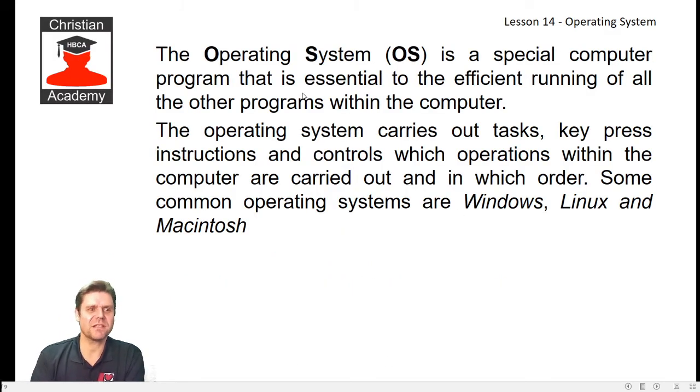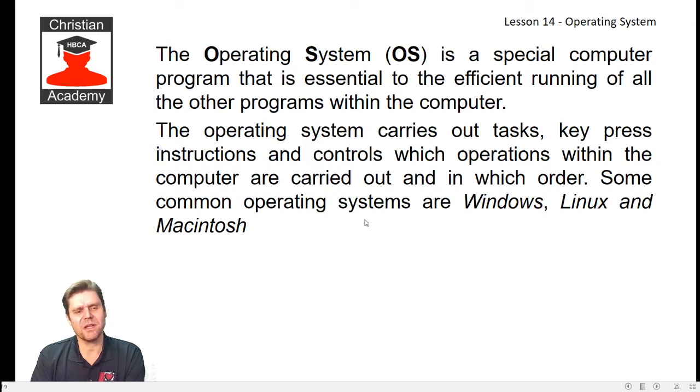Now, the operating system, or OS, is a special computer program that is essential to the efficient running of all the programs within the computer. So essentially, without an OS or an operating system, your computer is non-functional. It doesn't function. The operating system carries out tasks, key press instructions and controls which operations within the computer are carried out in which order.